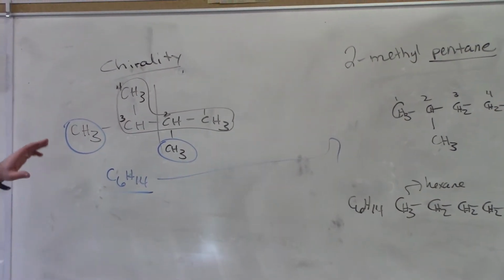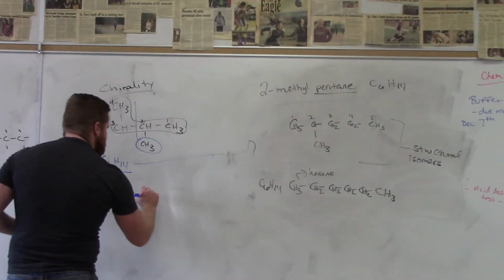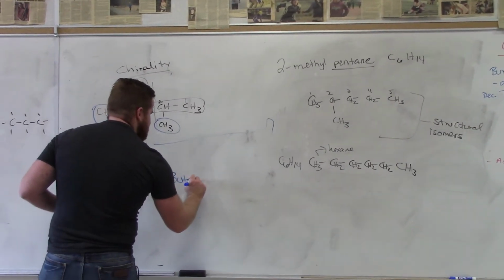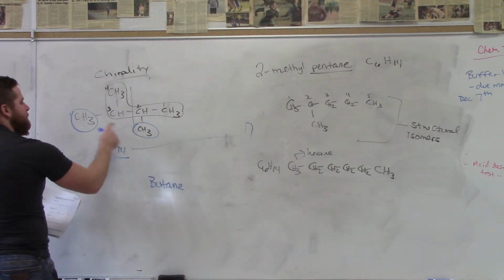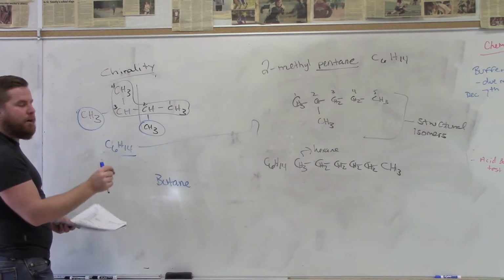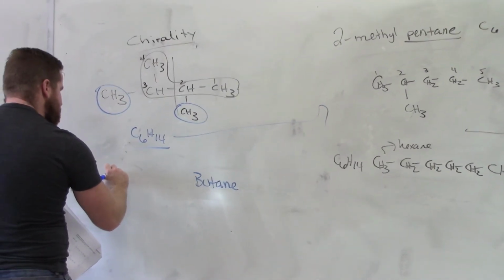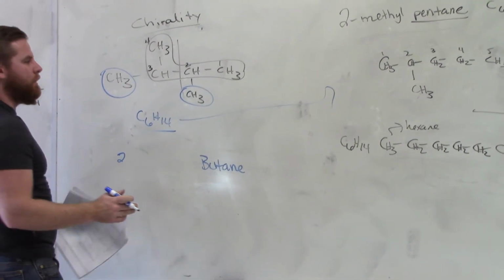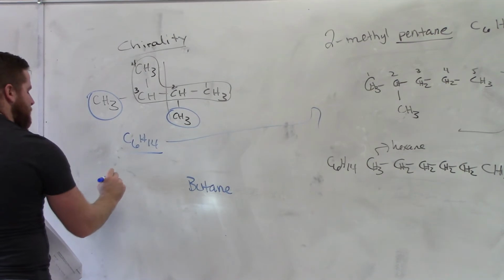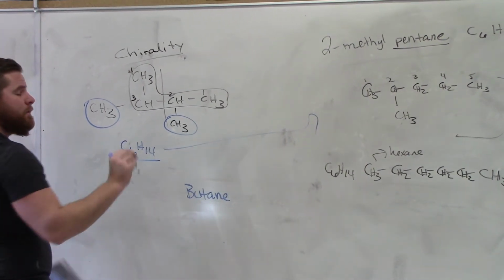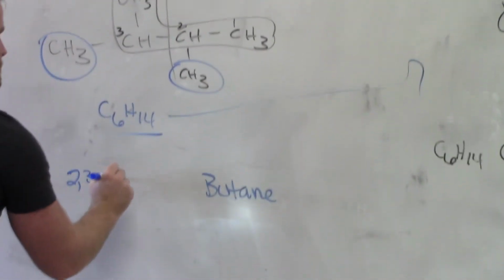So I'm going to name the parent molecule first. It's 4 carbons. It's single bonded. The parent molecule is butane. All right? Then I have 2 methyl groups. So these are 2 alkyl groups, and they have 1 carbon. So the way I name this is this. So I have to indicate where they are in the molecule. So I have a methyl group on carbon 2, and I have a methyl group on carbon 3. That's 2, 3, and I also have to indicate how many there are of them. So this is 2,3-dimethyl